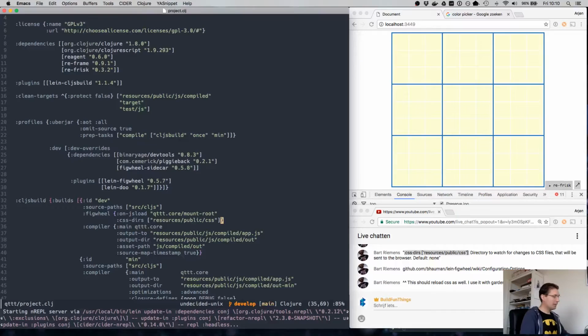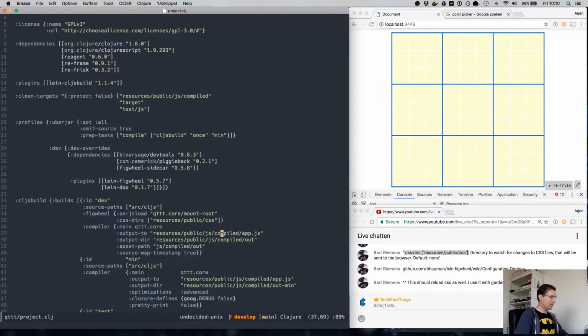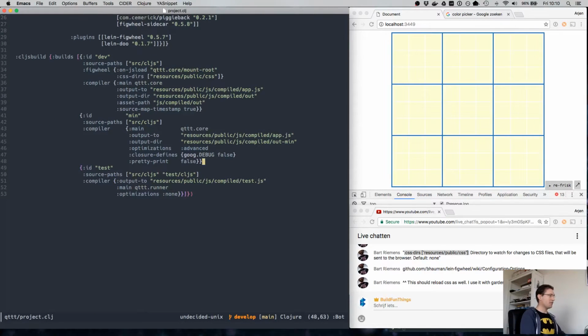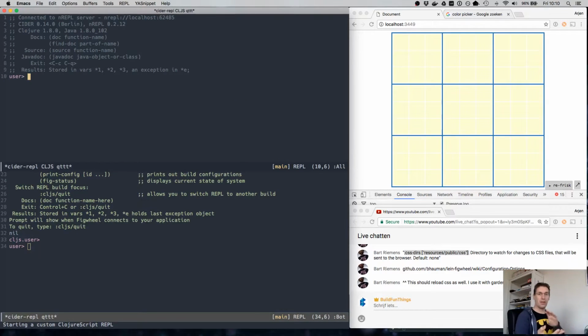But the Closure defines that we have here, you can pass these values from your ClojureScript compiler to your actual code. So you can have different environment variables within your environment, and then when you create the JavaScript code, it can have those variables, which is very useful when you have API endpoints, and it works very nicely for things that are static. But I'm trying to get